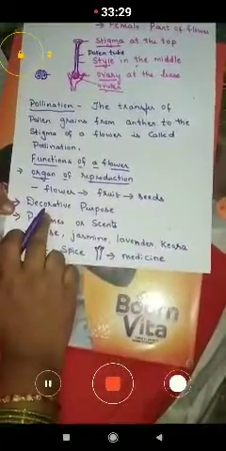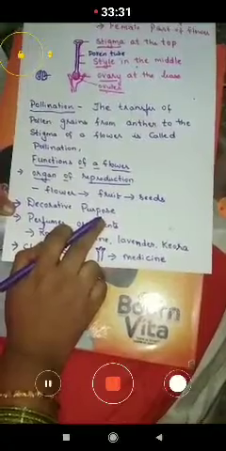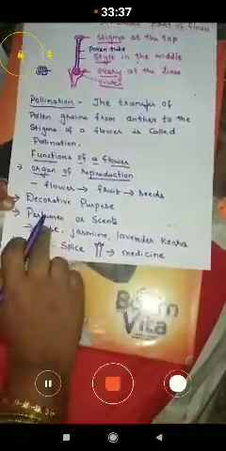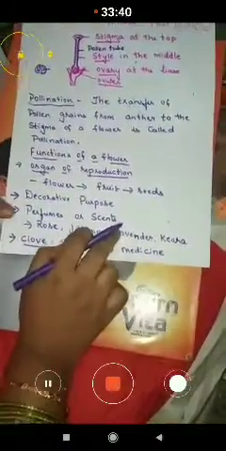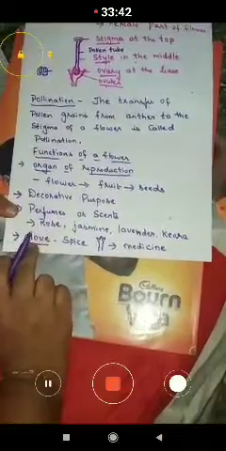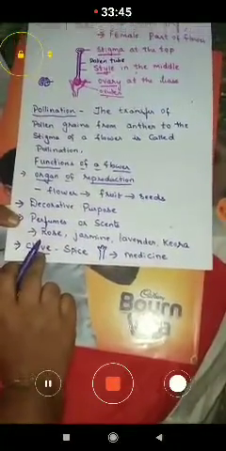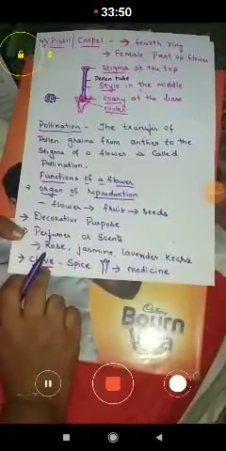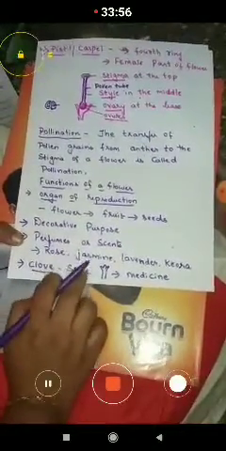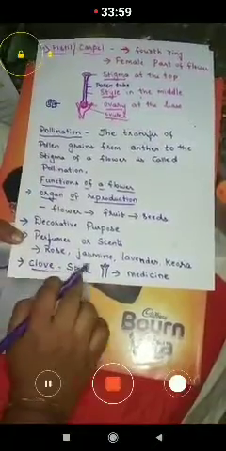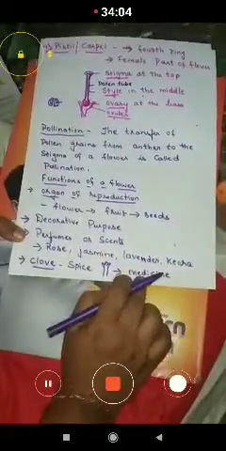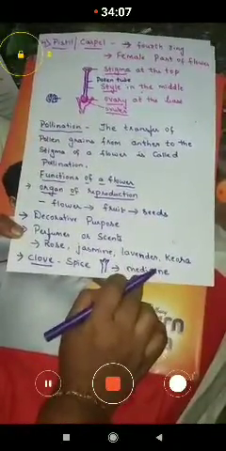Next, the flowers are being used for decorative purposes, and with the flowers they are also preparing perfumes or scents. Next, the clove which we are getting is nothing but the dried flower bud of the clove plant, and it acts as a spice in our daily food. We just grind it and add it as a spice, and it also acts as a medicine to cure the cold and cough.